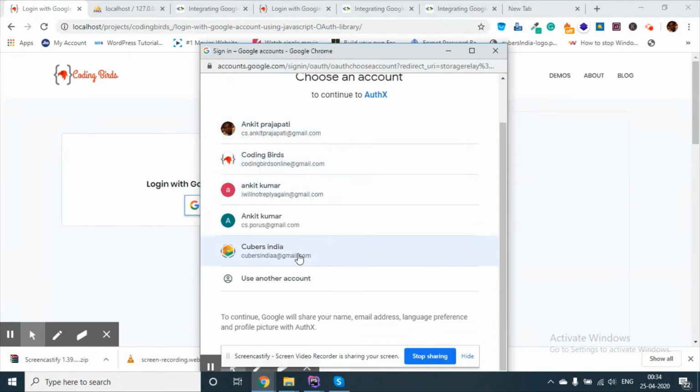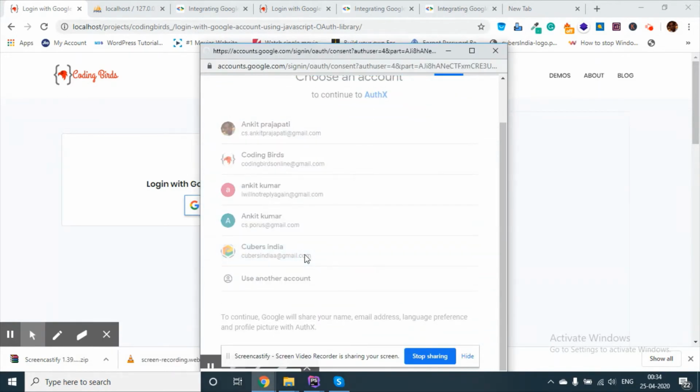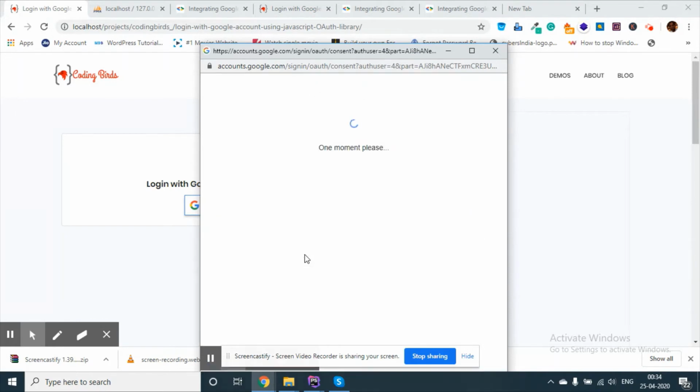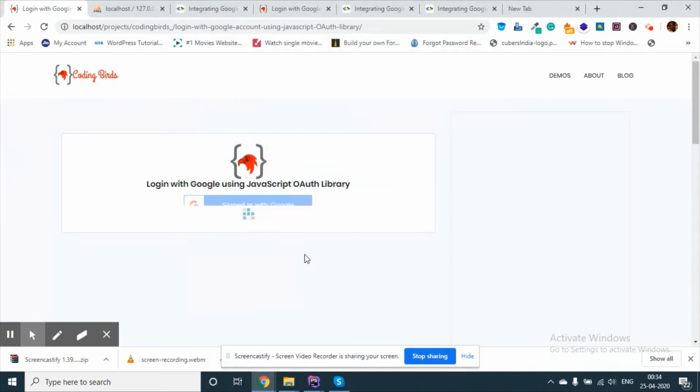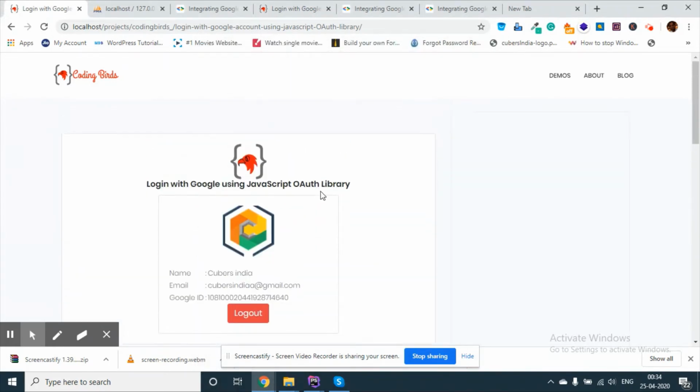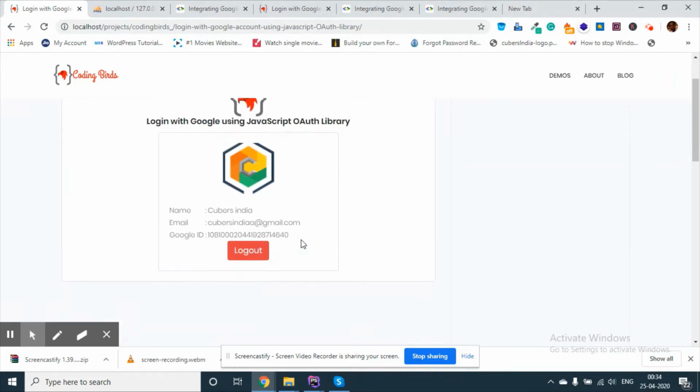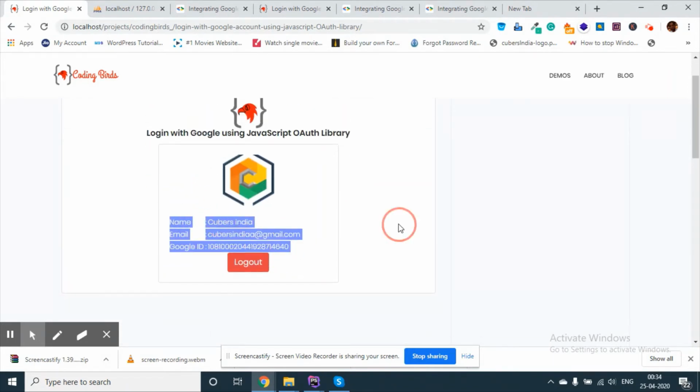Just select this one here. The page reloaded. Oh, sorry, the page is not reloaded, but there is an ajax request. You remember the information we fetched in the console, we received in variables, and we created an ajax request to send it to the server, and we stored the information, and after getting the response we displayed the information.